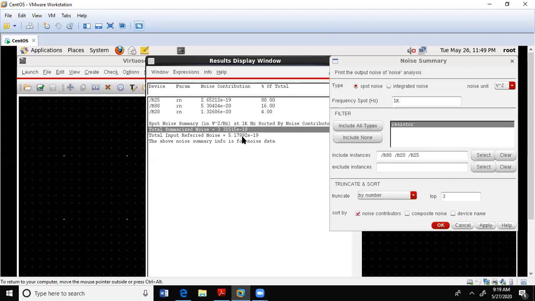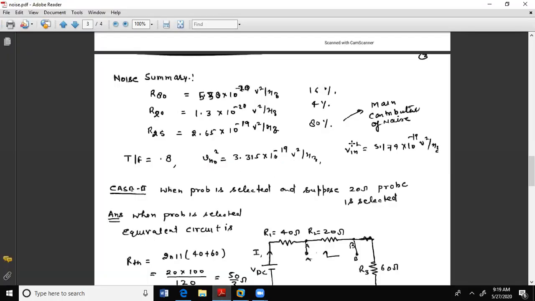If we are interested in the input referred noise, the value is 5.17 into 10 to the power minus 19, and the theoretical value is also 5.179 into 10 to the power minus 19 volt square per hertz. So our total result is verified in the simulation window.